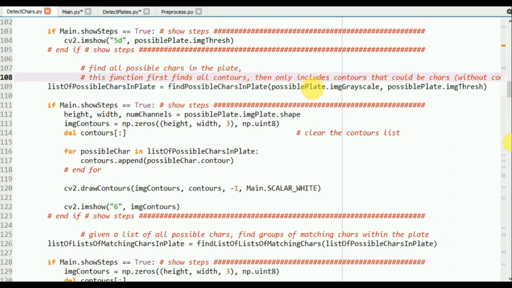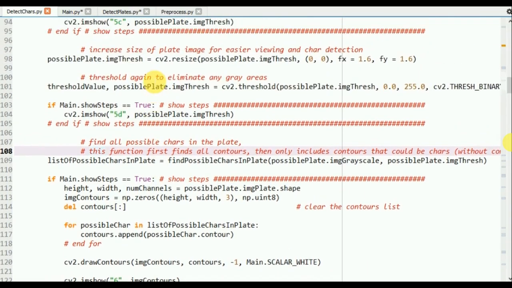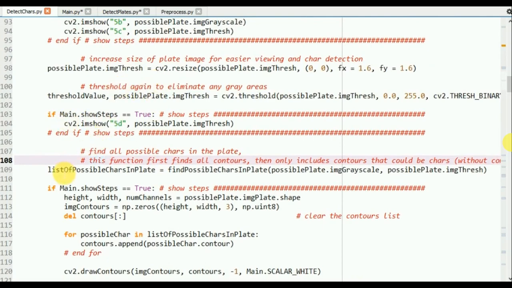Then we include only those contours that can be characters. This function, find possible chars in plate, is used for finding all the contours, and we are storing those contours in a list of possible characters in plate. So for each possible plate, we will have a list of possible characters in plate.